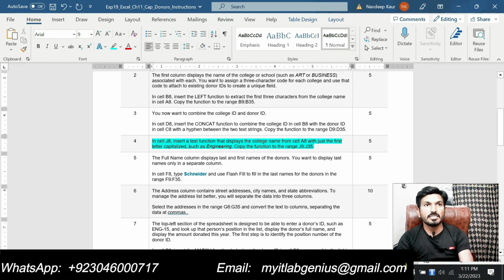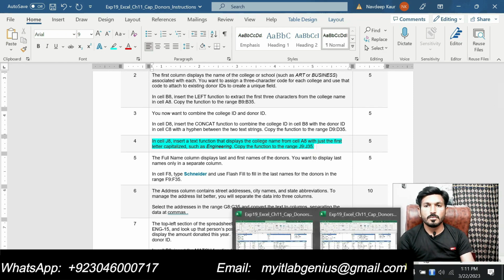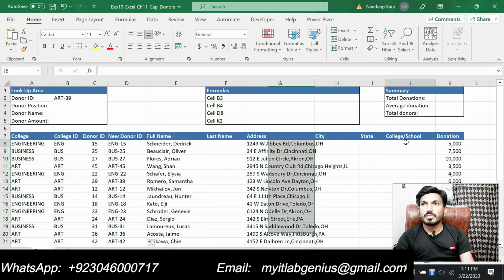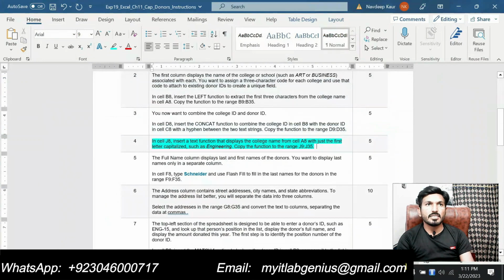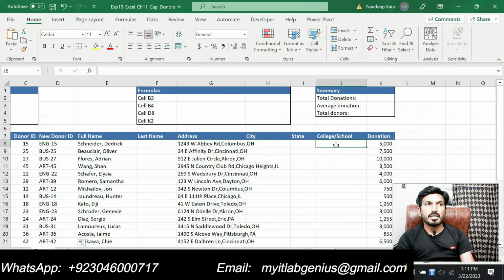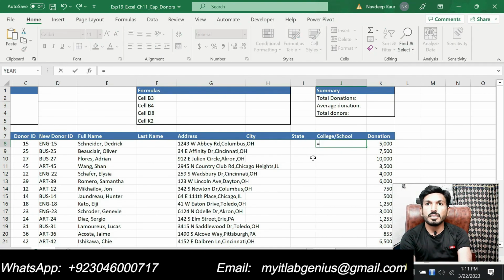So let's go to cell J8 and type a text function to capitalize the first letter of each college. So this is J8, and we are supposed to insert the text function here to capitalize the first letter of the college name. So for this we will use the PROPER function. Type an equal sign and type PROPER.